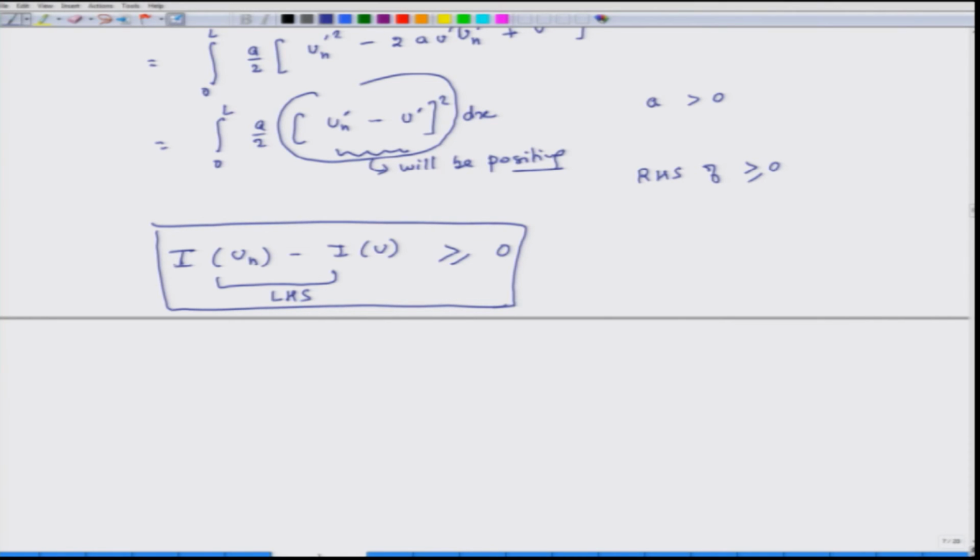When the solution is exact, then it will be 0. When the solution is inexact, then the finite element solution for energy, here we are doing this thing for energy, for energy, it will always be more than 0. So, the energy of the system as computed through finite element analysis will always be larger than the actual energy,